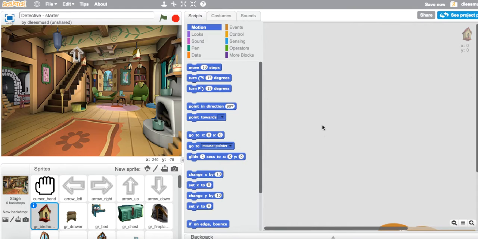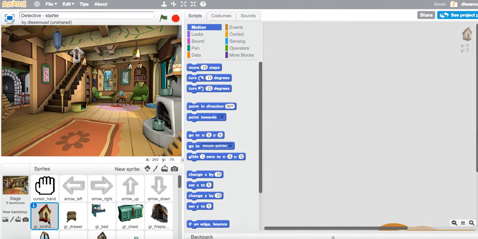Our next task is to make sure that when the background switches to living room back, right? I call this living room back because we're looking at the back of the living room, that all the different items appear that should appear, and all the items that shouldn't appear don't appear. And so the way that we're going to get this done is you could see all the items down here